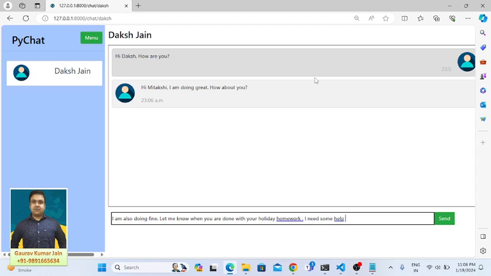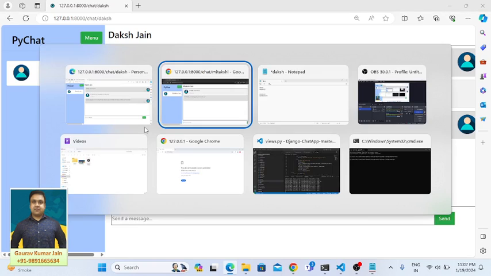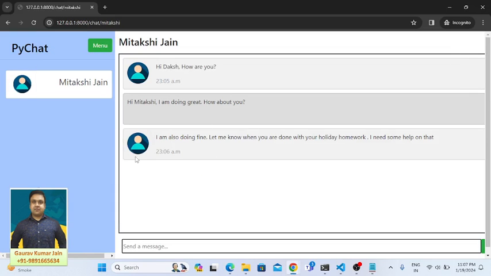Help on that. Okay, let's send it to Daksh and see whether he will receive a message which has lots of words in it or not. So yes, he has received the message, and that's how this application helps in setting up a two-way communication link